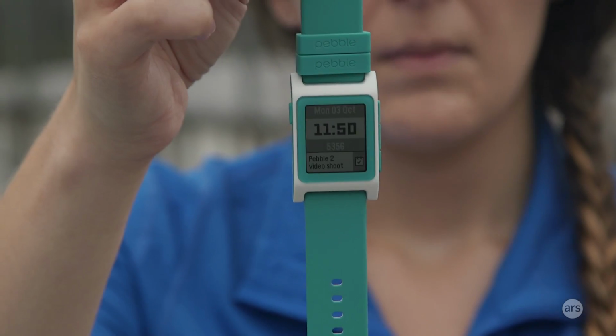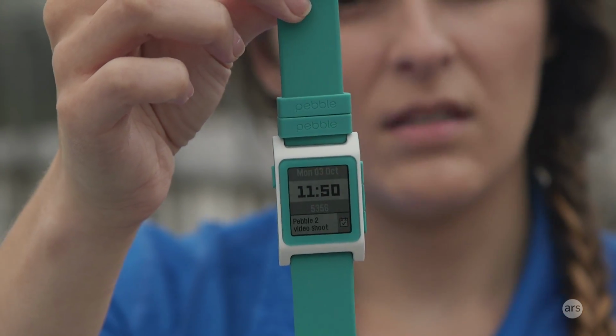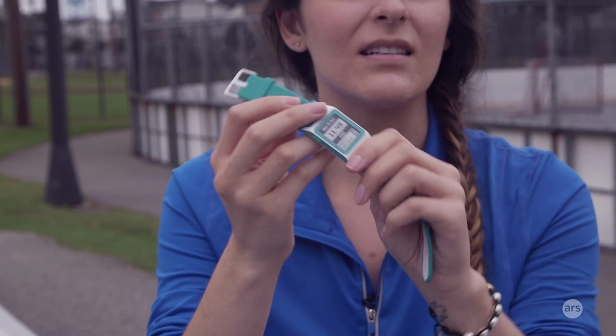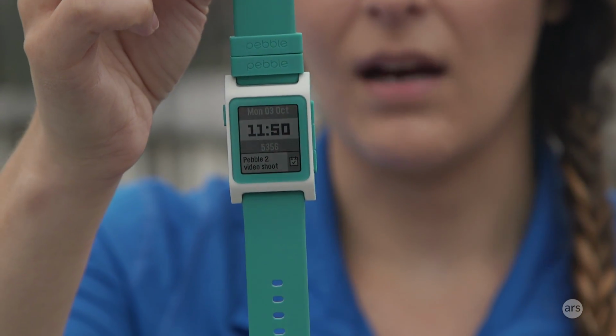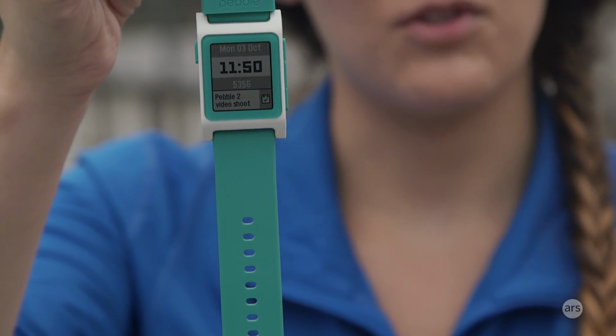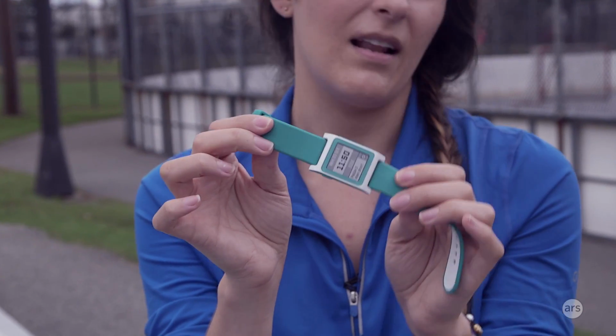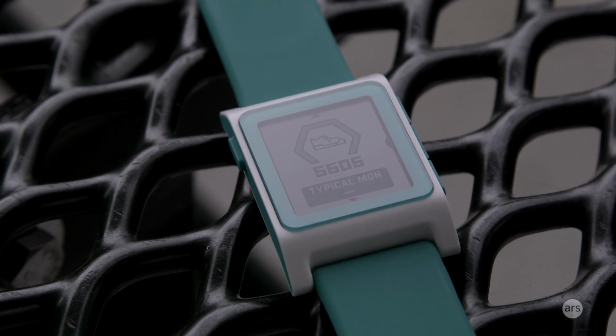All the models come with a soft touch silicone band, which is really good for working out. It's not really going to get in your way, and it's going to stay put. I can tighten this really tight so that the heart rate monitor can do its job, and because of the material of the band, it doesn't really go anywhere. It's almost toy-like in its design, kind of like the original Pebble was, but I don't consider that a bad